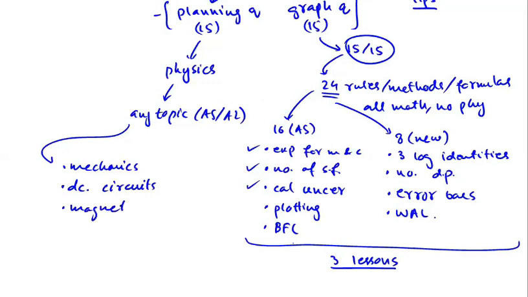magnetism, EM induction, alternating current. So students, we will be doing one planning question on mechanics, 2 on DC circuits, 1 on magnetism, 1 on EM induction and 1 on AC current. In the 4th lesson, we will cover these 2 topics and in the 5th lesson of this crash course, we will cover these 2 topics.